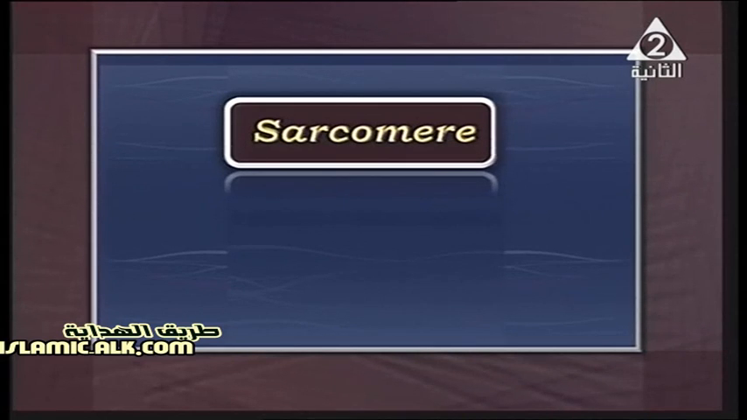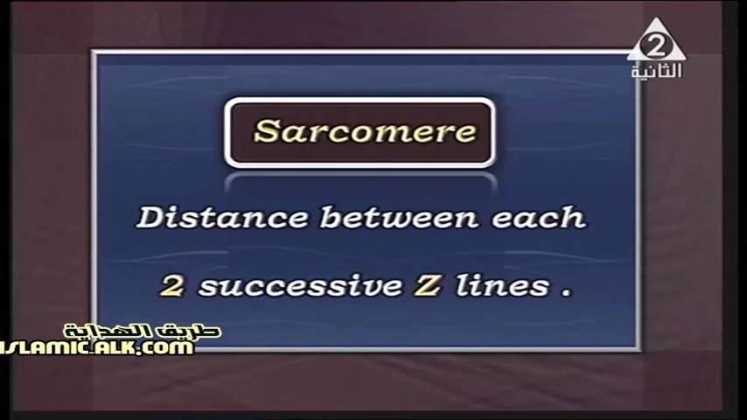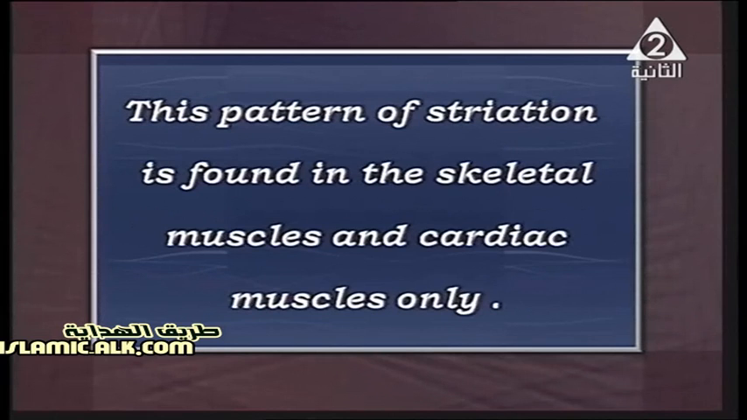After that, we need to know the meaning of sarcomere. It is the distance between each two successive Z lines. This is the meaning of sarcomere. And the pattern of striation, or being striated muscle, is found in the skeletal muscles and cardiac muscles